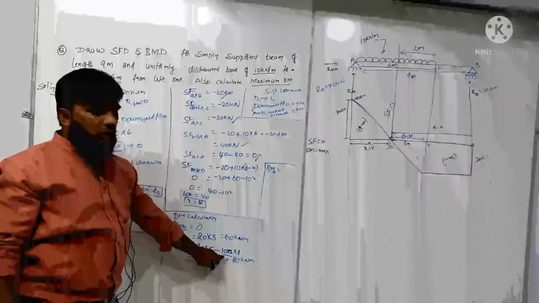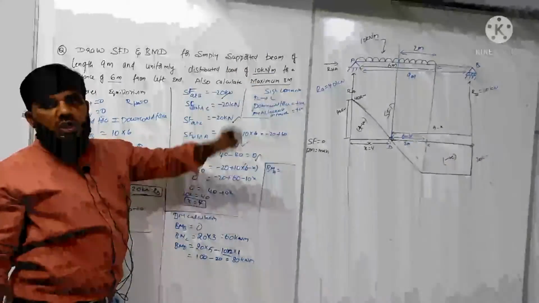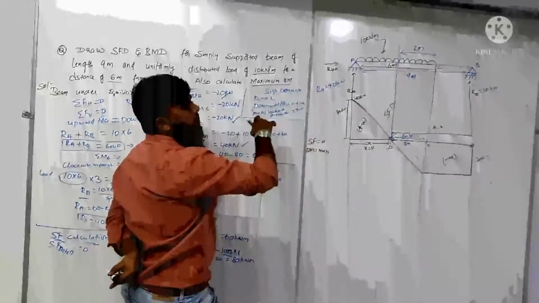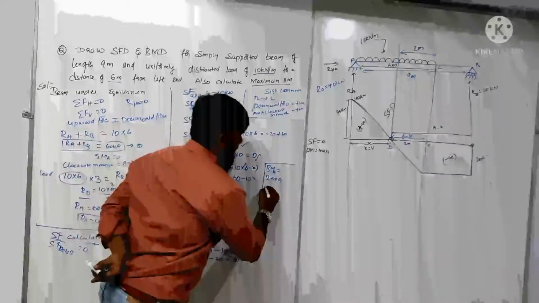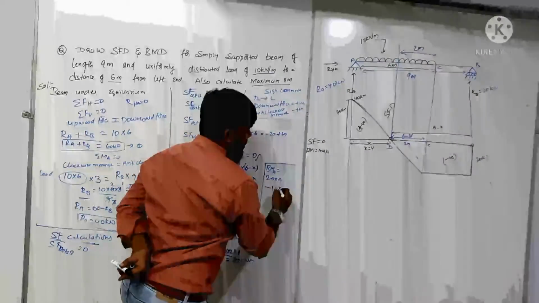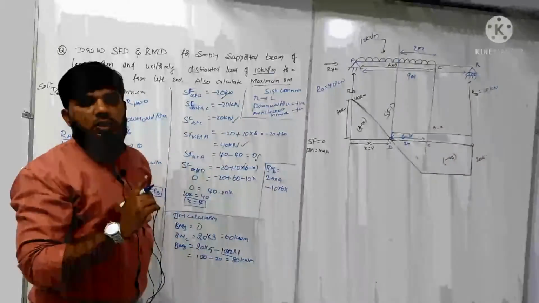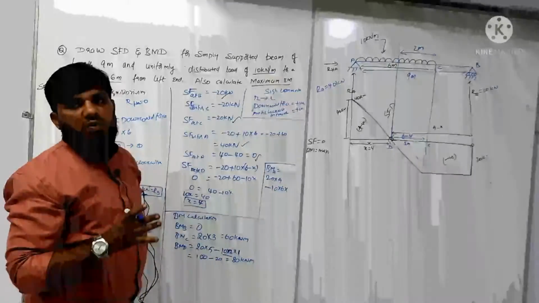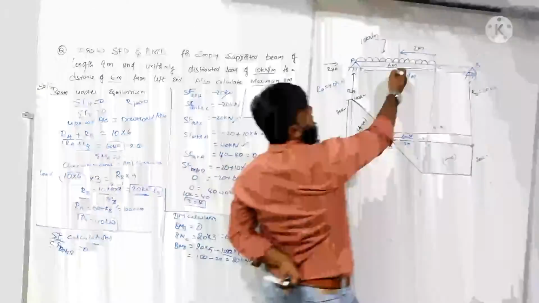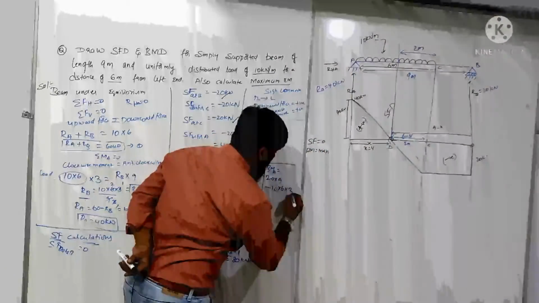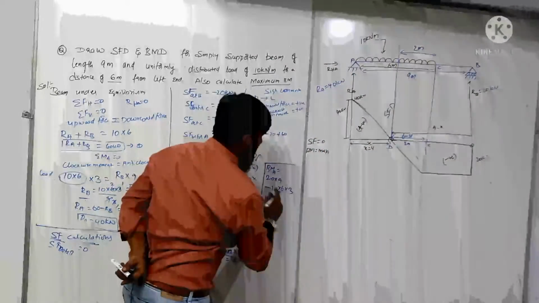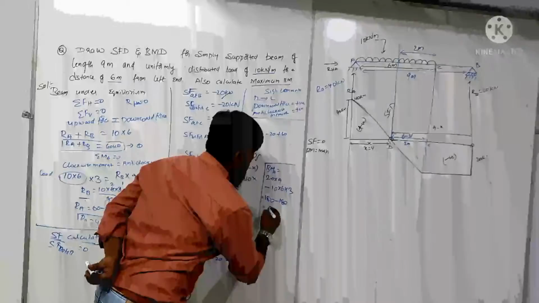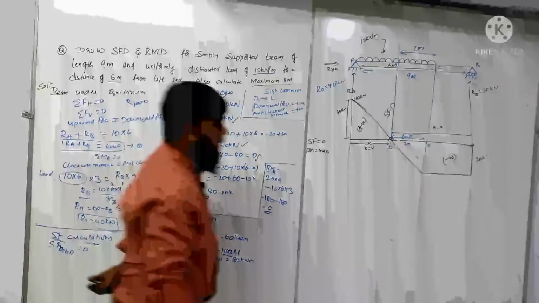Here the sign, why I have taken 20, you should remember because this downward force is trying to rotate in clockwise. Okay, that is 20 into total distance from B point to A point is 9 units. So 9 minus UDL. UDL is 10 into 6. See, 10 into 6 is nothing but load. What is the distance? For total 6 length, what will be the CG of that point? Half of 6, that is nothing but 3. So that is 180 minus 30 into 6, 180. So 180 minus 180, 0. So we will draw the diagram.